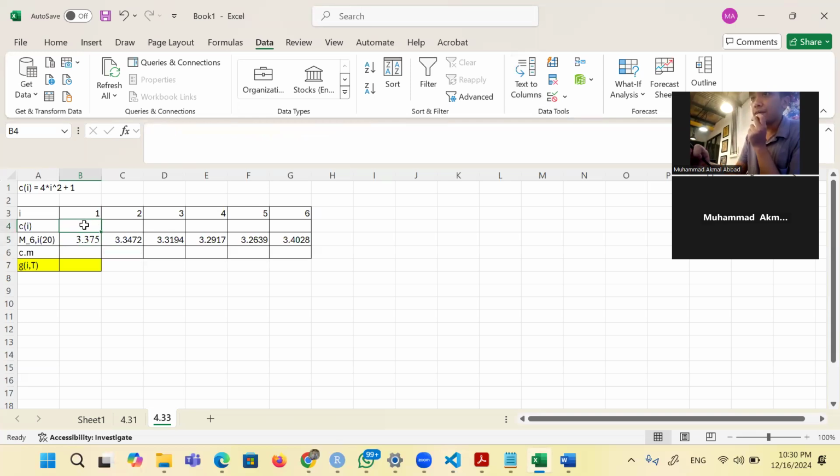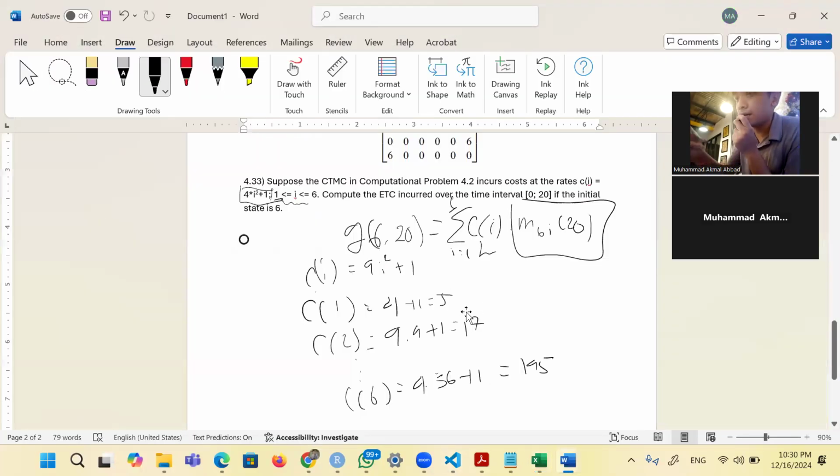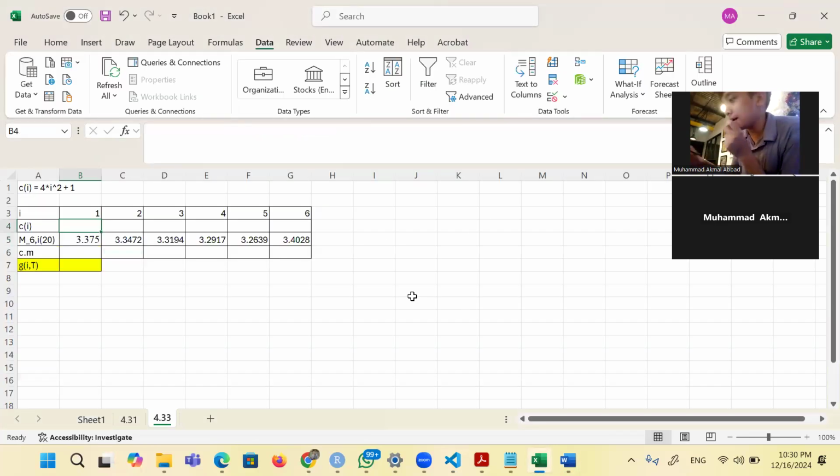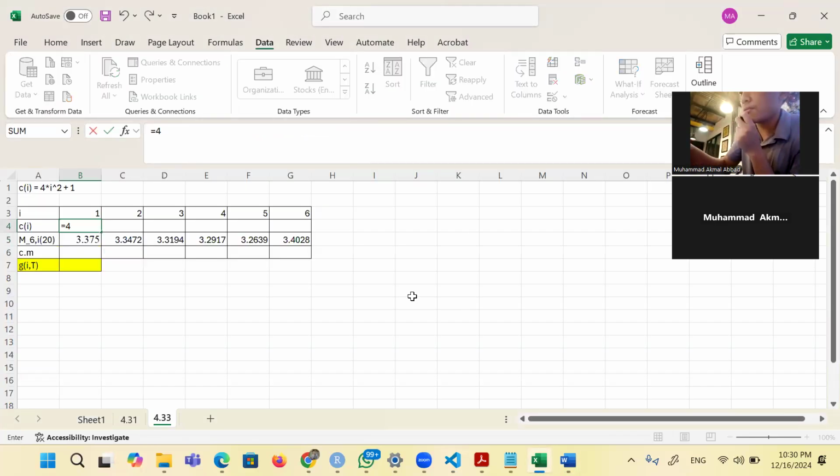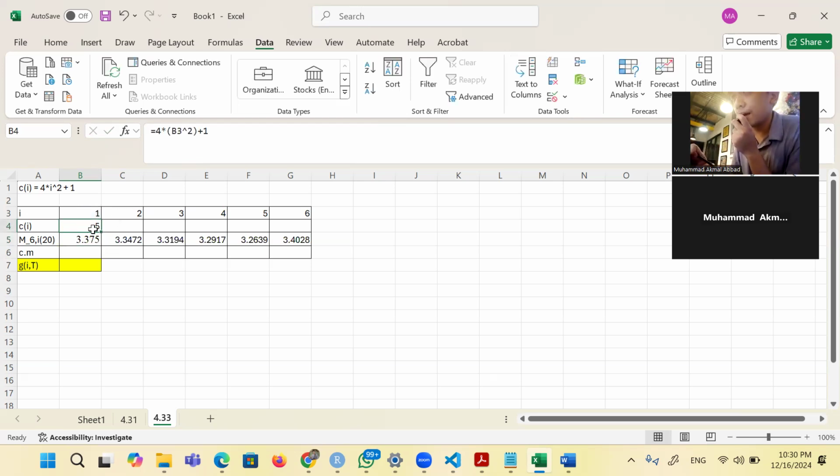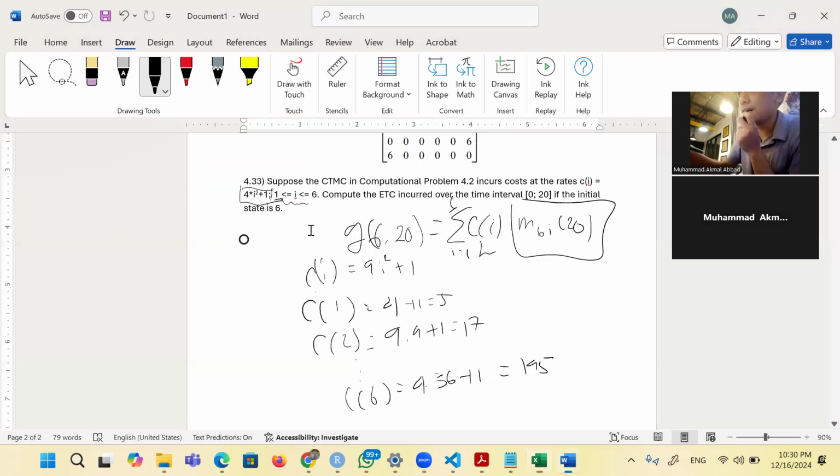And for C_i, we just compute this like before, like we already computed here. So 4 times i squared plus 1. We get 5 until 145. It's the same as this.